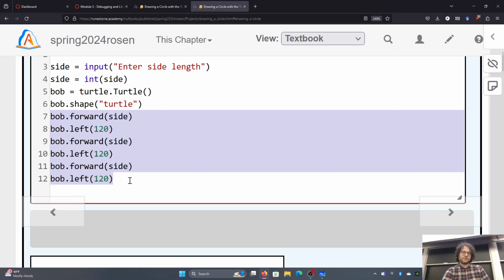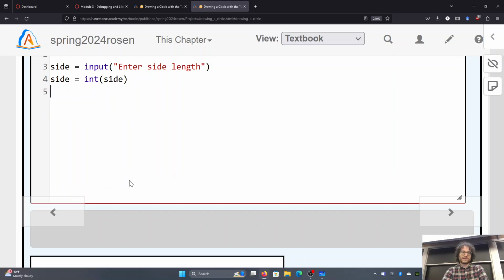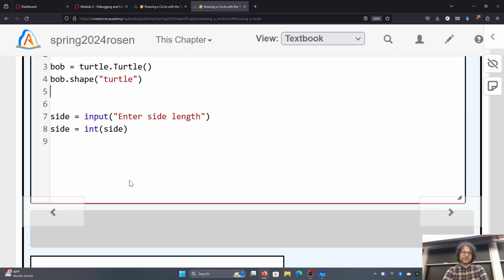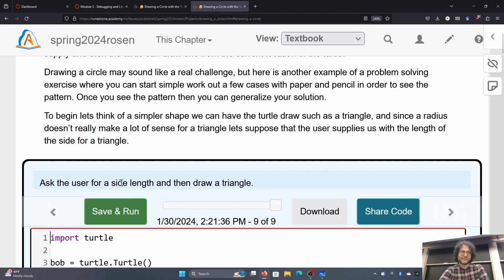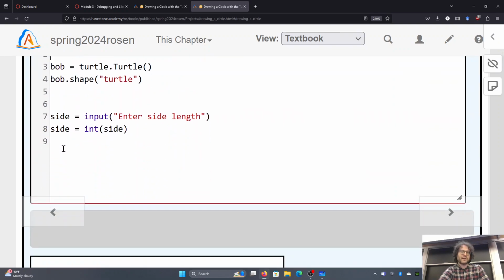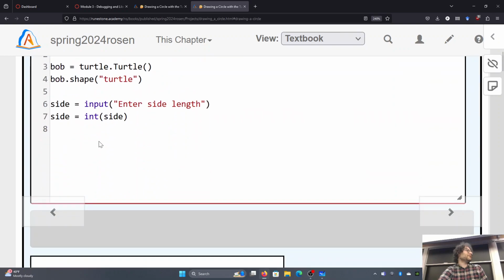So over here, let's reorganize this. Here, I'm going to go ahead and get the turtle set up. So all the turtle setup is up there. Here's our user input so we can get our variable to get started. Okay, and now we'll get the turtle moving. For